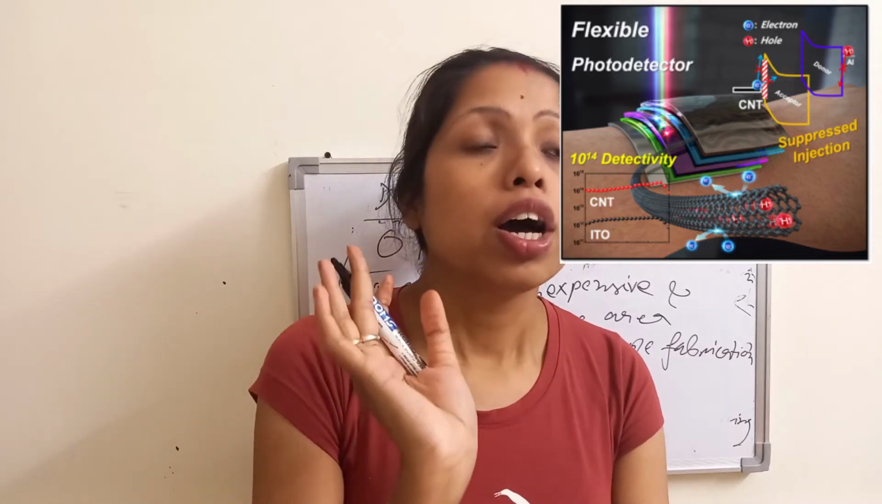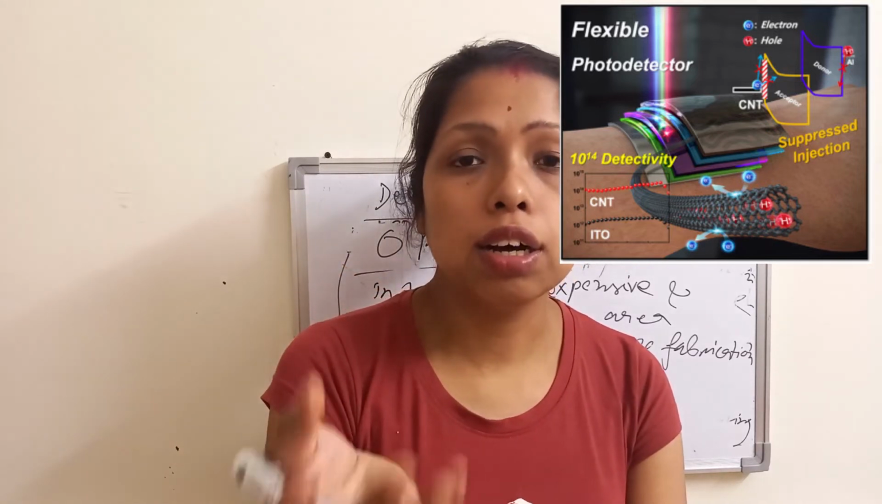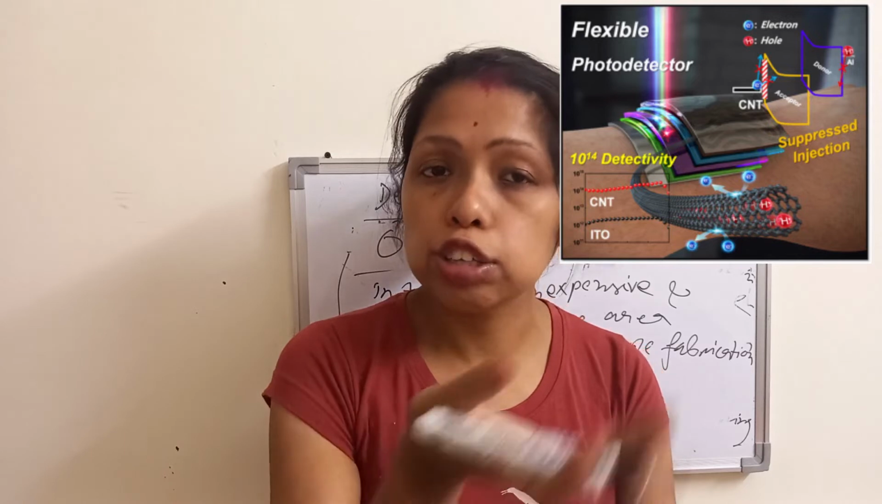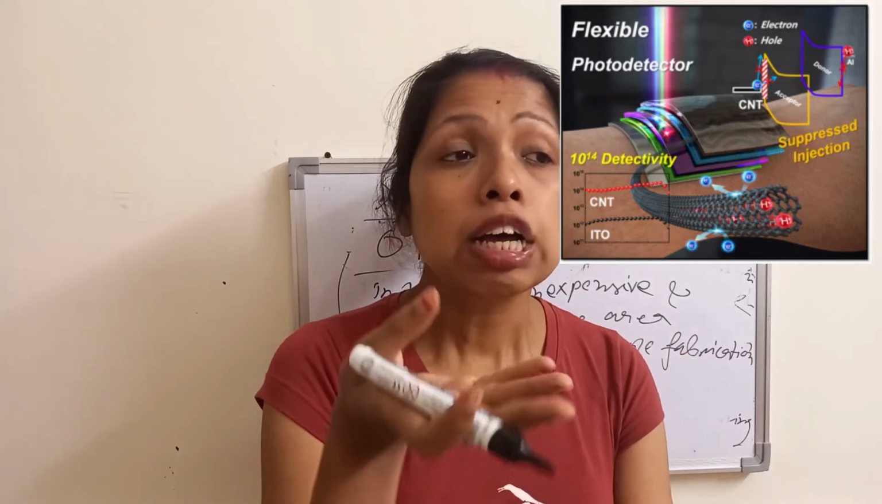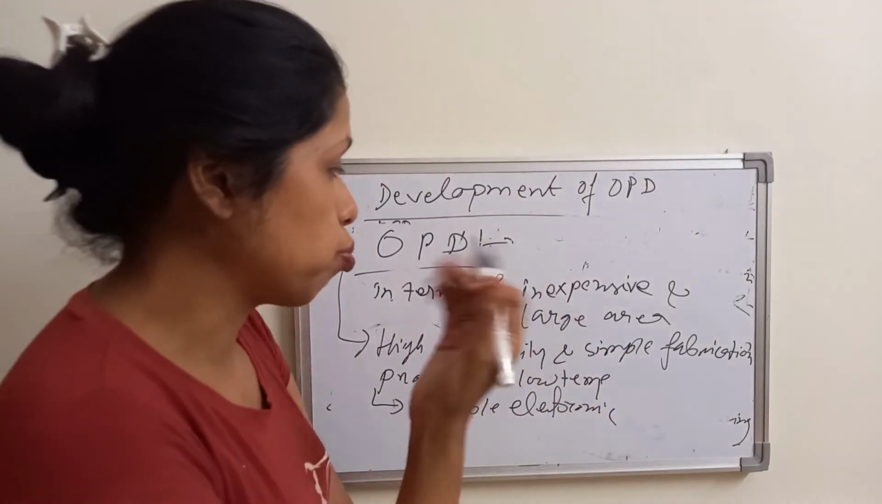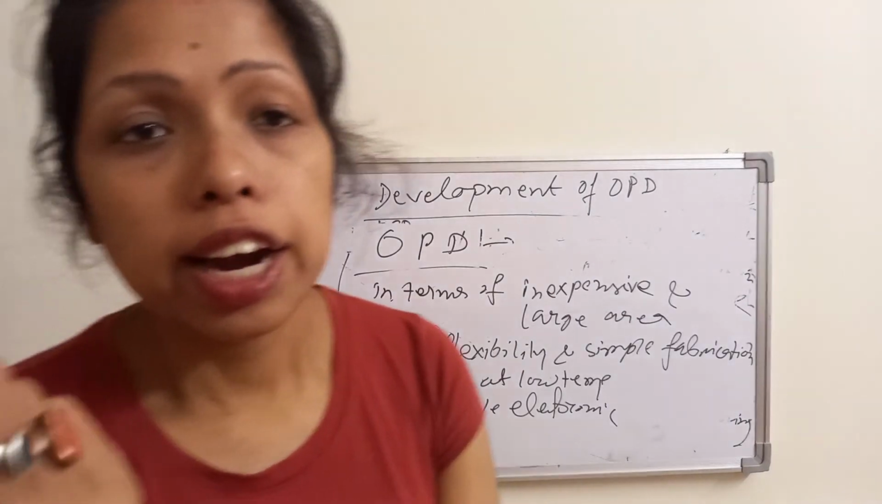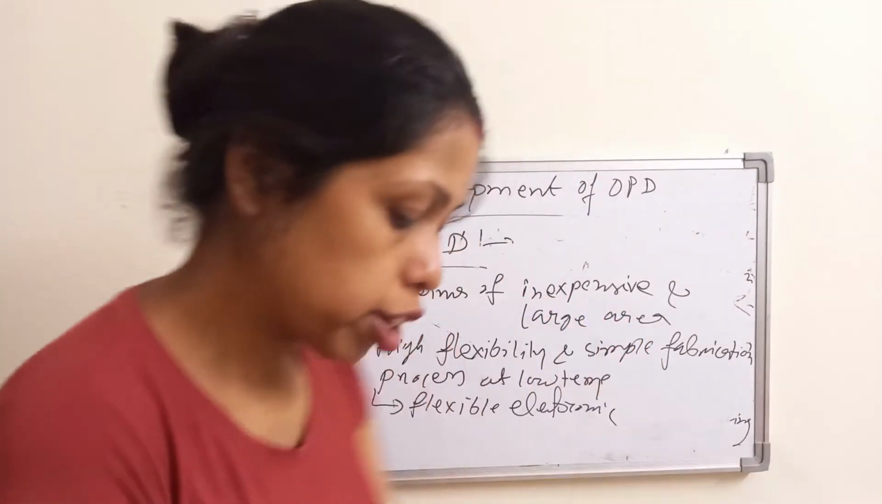If you want to design flexible and wearable electronics by using the inorganic photodetector, due to the rigid substrate, okay, due to the rigid substrate, we cannot use the inorganic photodetector. So the organic photodetector is the best suitable material for designing flexible and wearable electronics, right? And the organic photodetector has